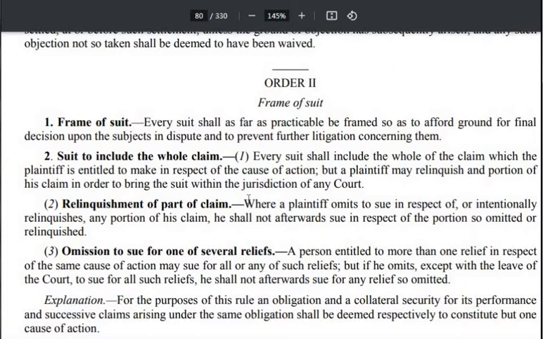तो रिलीफ, एक सूट में एक से ज्यादा रिलीफ अवेलेबल है, सारे क्लेम करो, provided you are entitled to claim it। ठीक, unless you have taken permission from the court और बाद में उसको क्लेम कर। तो विदाउट कोर्ट्स परमिशन आप उसी कॉज ऑफ एक्शन पे दोबारा से दूसरा रिलीफ क्लेम नहीं कर सकते। और जबकि क्लेम इज एक रिलीफ के अंदर जो भी पूरा क्लेम बनता है वो पूरा क्लेम आप एक साथ क्लेम करो, अदरवाइज बाद में रिलिंक्विश क्लेम के लिए आप सूट नहीं कर सकते उसी कॉज ऑफ एक्शन पर।